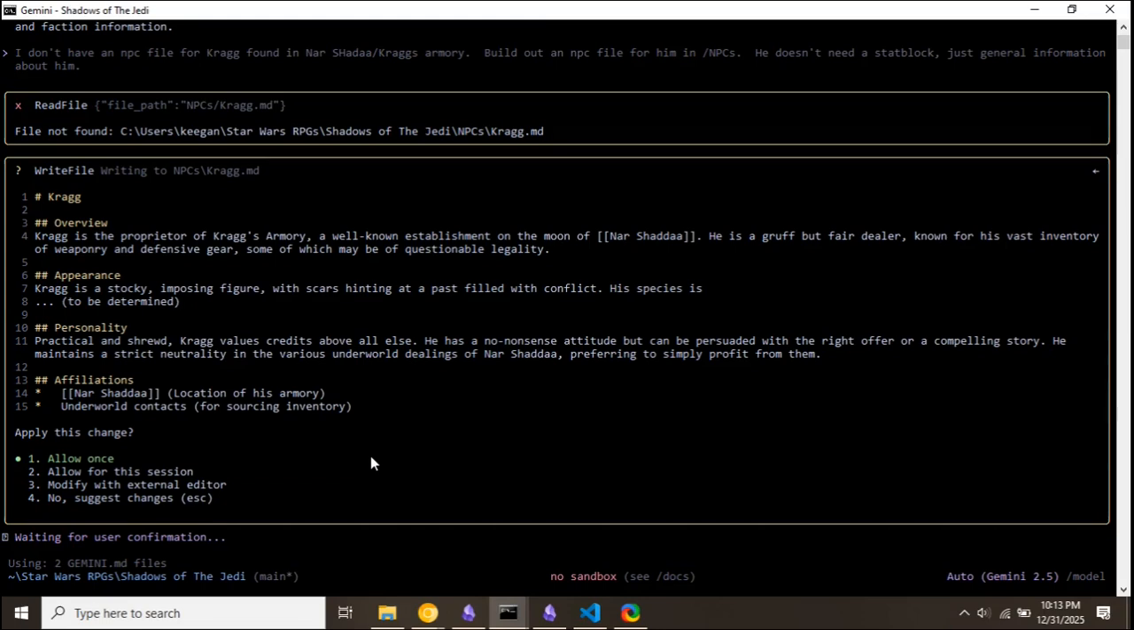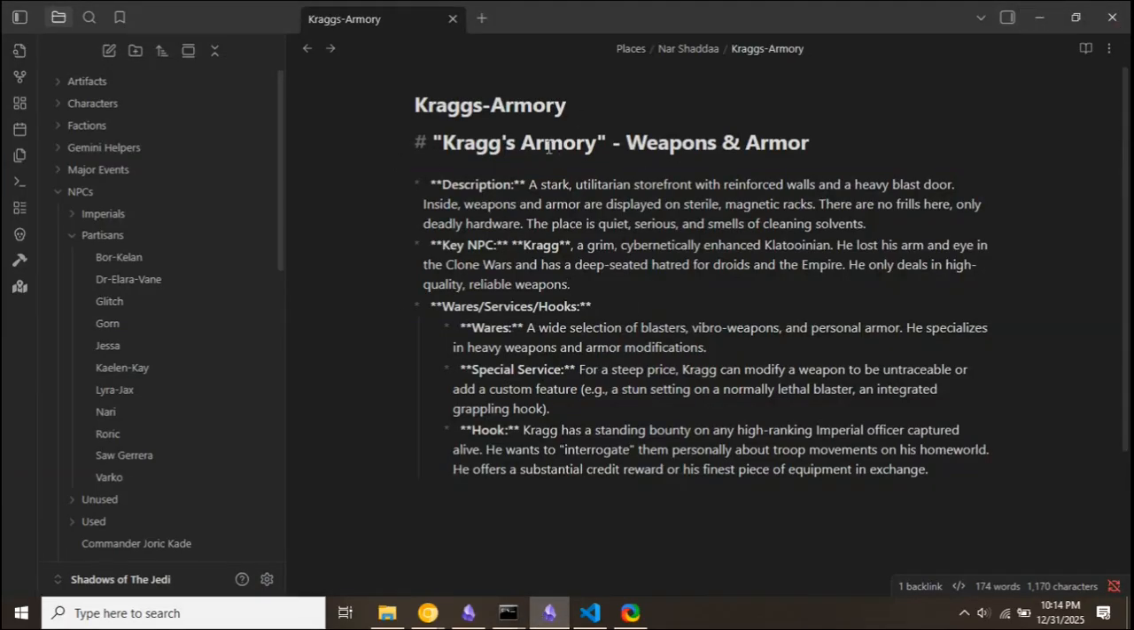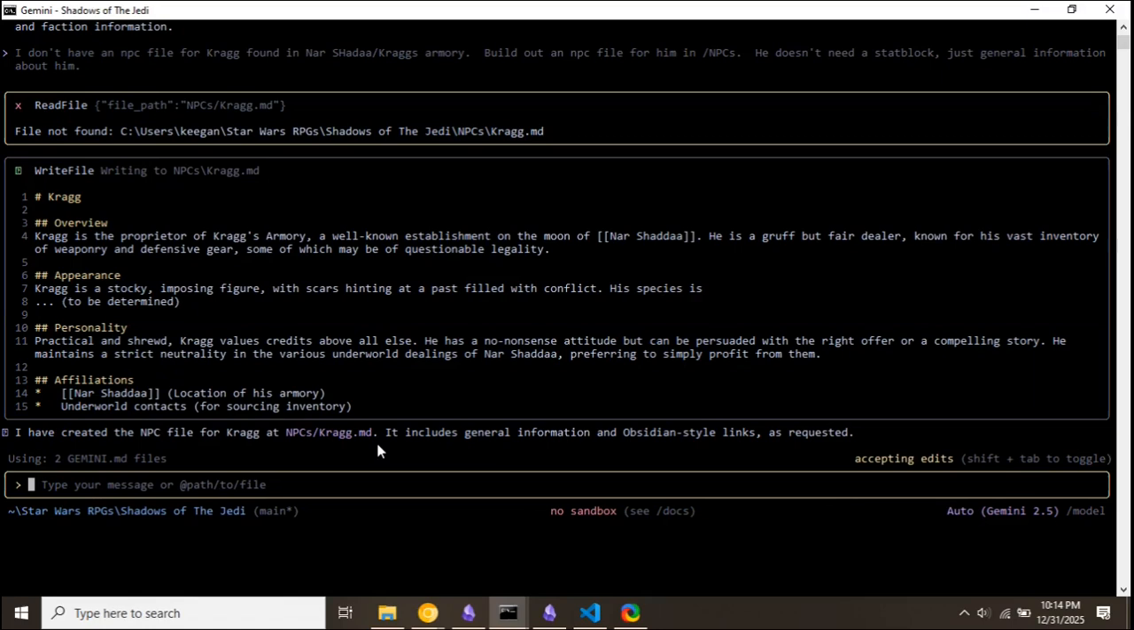Now, we can see that it has found that there is no current file for Crag, and it has just created this file. It's going to ask me for permission, which I'm going to go ahead and allow for this session, and it has built out a little bit more information. Now, I did notice that it has not yet created the backlinks from here to that NPC file. So I'm going to say create the links to this character